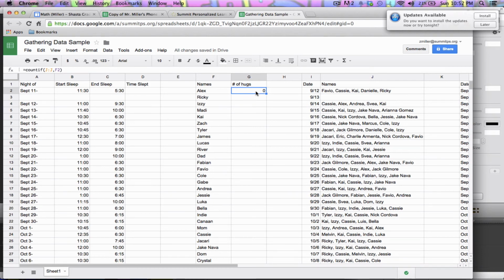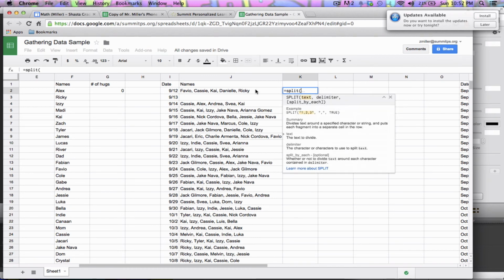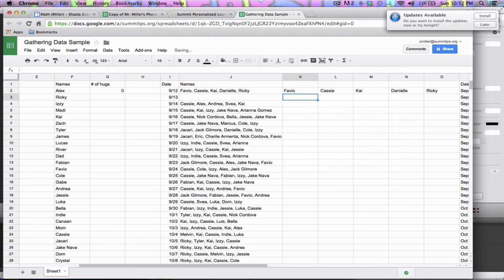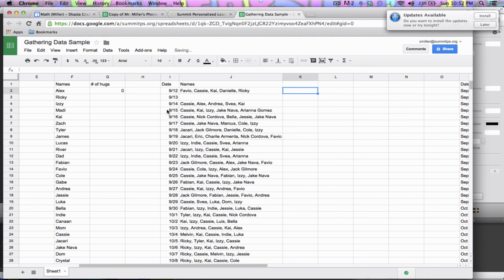So there's two different things you could do. You could create a little space and split these all up using a comma as the delimiter. And sure enough, that'll split them up, and then you could do a COUNTIF, and again, you could copy this all down, and then do another COUNTIF of those, or you could do something even trickier,